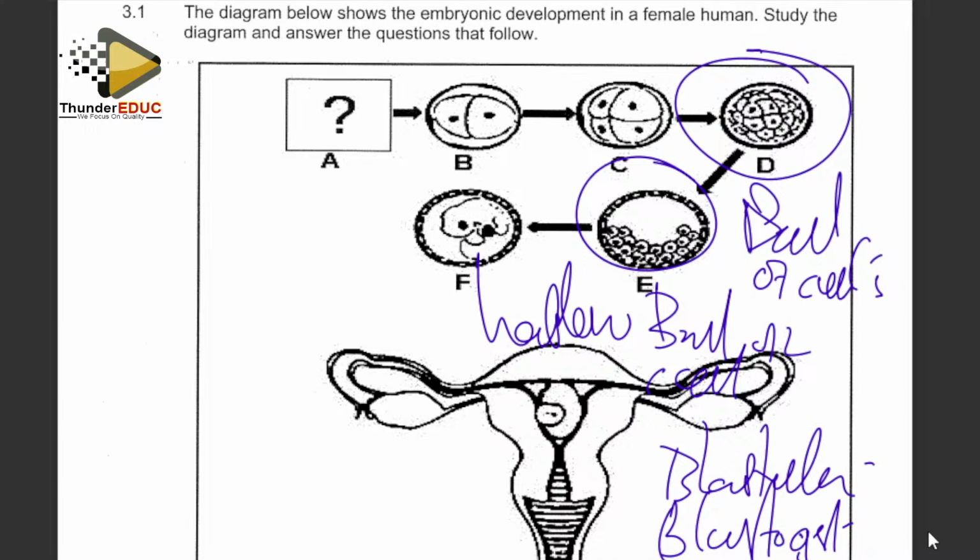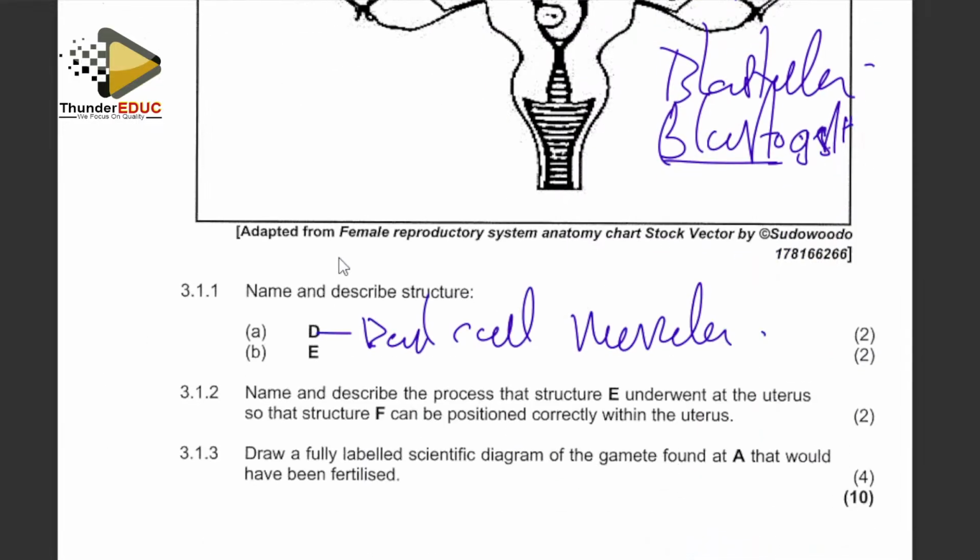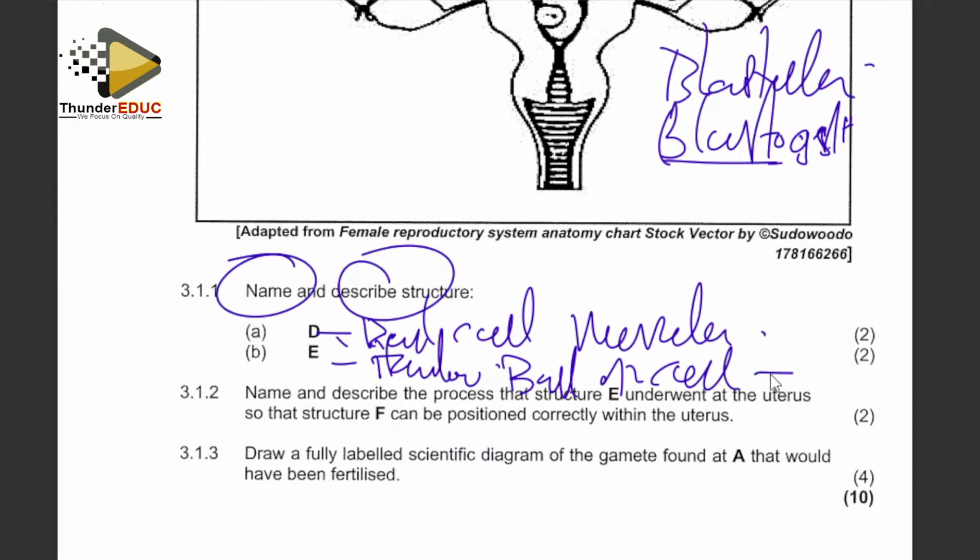Blastocyst. Yes. So it is hollow. They want to see this word, that it has a hole in there. This is a hollow ball of cells. That's the description they are talking about. And then the name, what is it? The name is blastocyst or blastula. And then this one, the description is ball of cells called morula. All right. Blastula, hollow ball of cells. Correct. Specific. Someone saying yes.